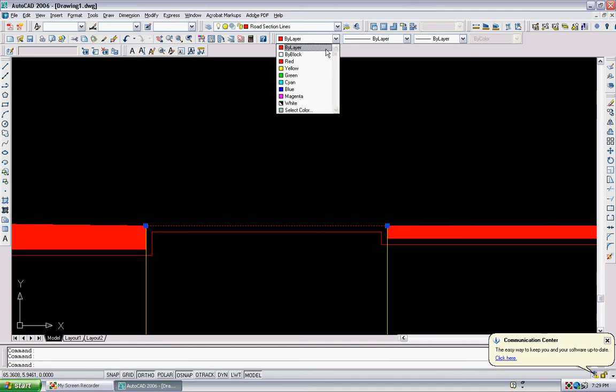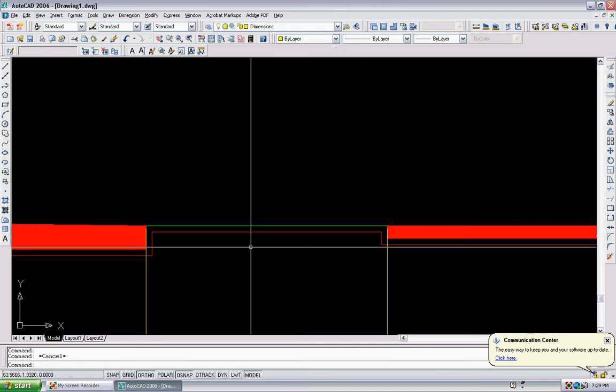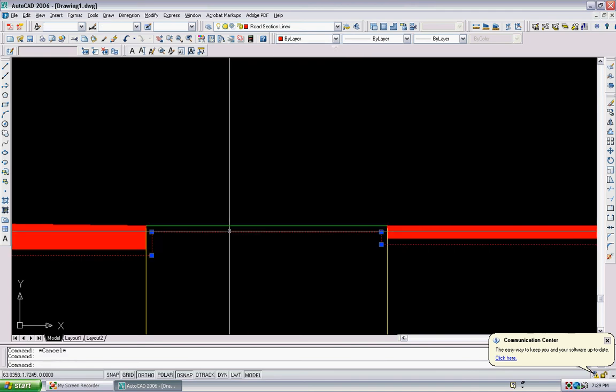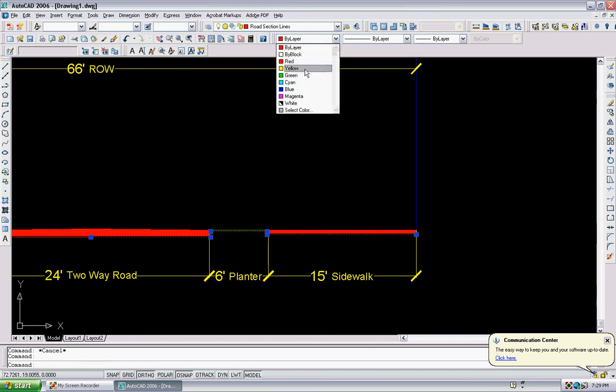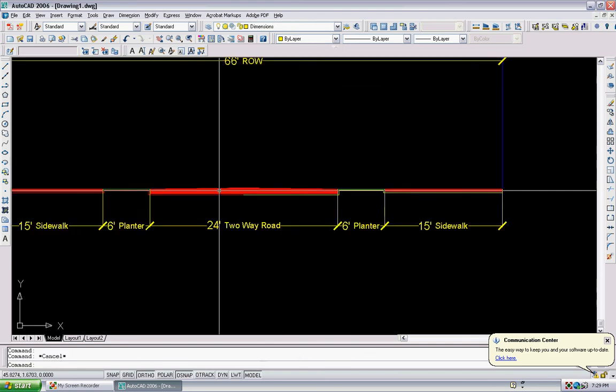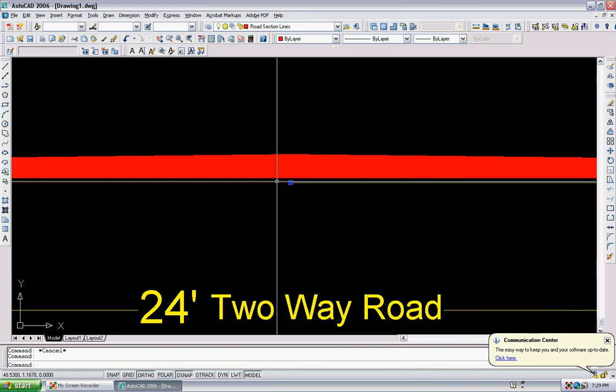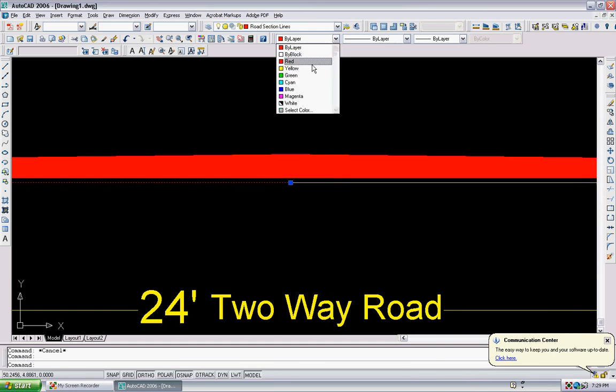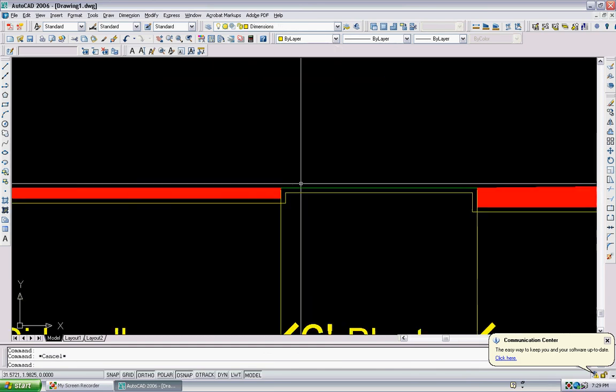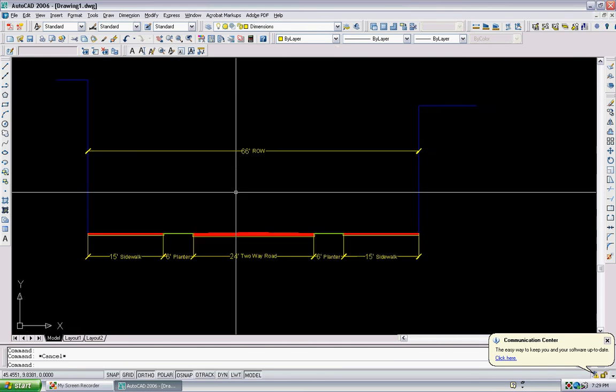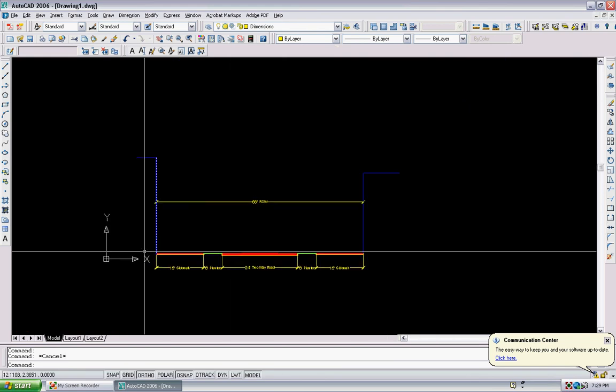Let me make that green, and let me make this guy yellow. Okay, remember, because I didn't join them, make sure you do it to both sides. Okay, so that's cool. What I'm going to do now is I'm just going to go to